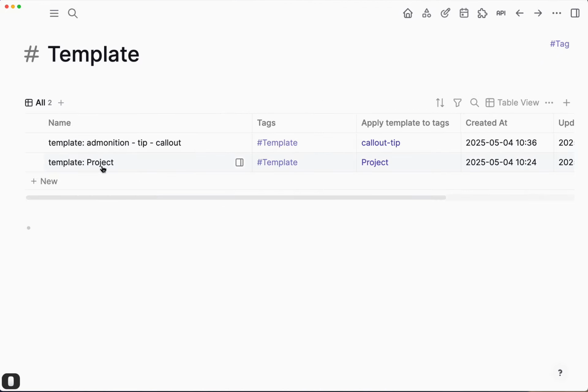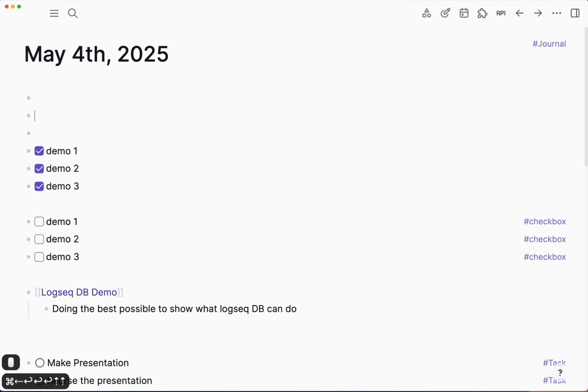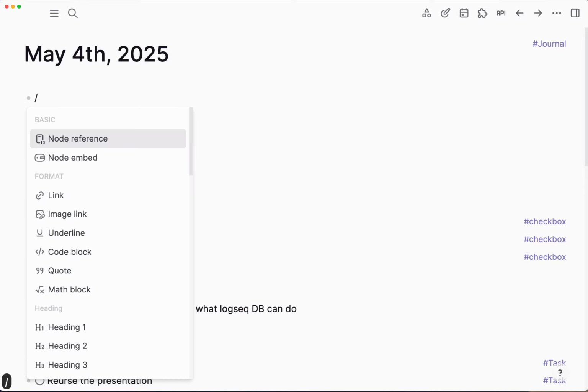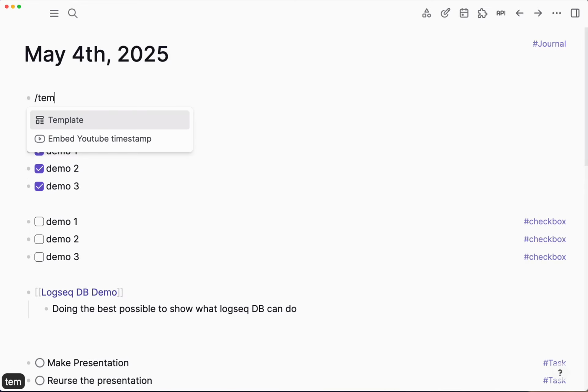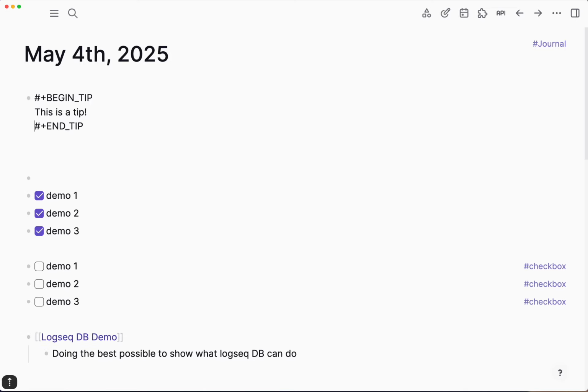But now that we have this new template, if we were to go back to, let's say, we go home and we want to use a slash command, and this one we want to use template. So template is available through slash command. So once I click on that, I get my list of templates that I can use. I can do project, and it will render what we saw a moment ago. But if I do tip and callout, this will render that admonition. And then now I can say, well,